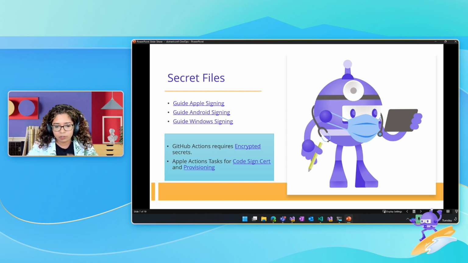GitHub Actions, I put that in a little box because GitHub Actions is a little tricky. It involves you having to encrypt it in base 64. And if you're uncomfortable with doing all that kind of stuff, there are two community tasks called Apple Actions that make your life a little easier. So you can look at that if that's what you're comfortable with. You don't have to go around encrypting those things on your own, putting it in the secrets, and vice versa. So whatever you feel most comfortable with, what I'm trying to say is there are options, number one, and there is detailed documentation for each of those options.